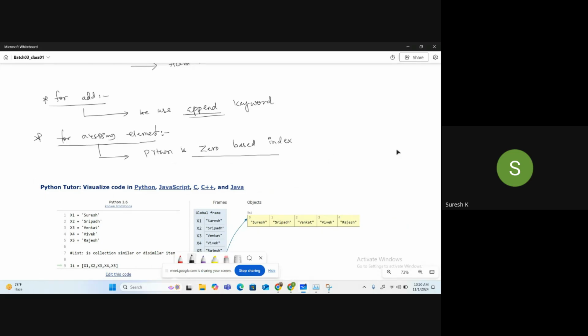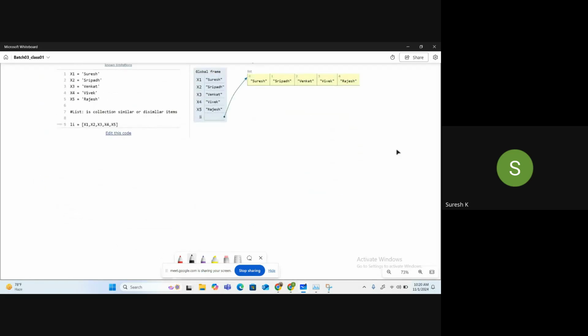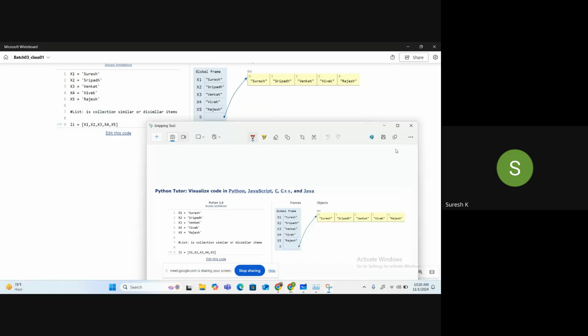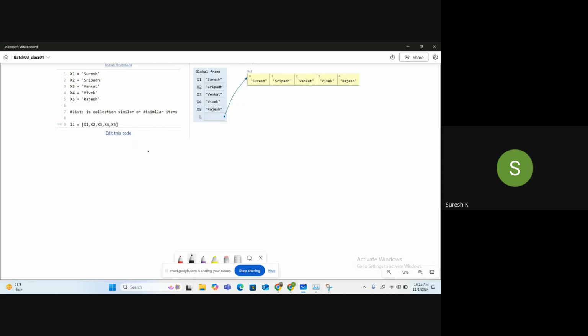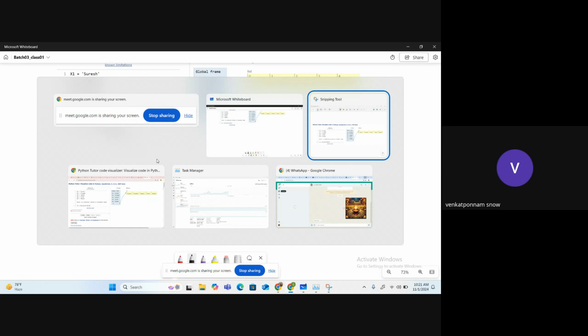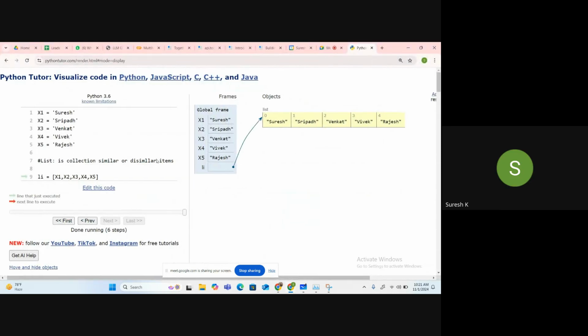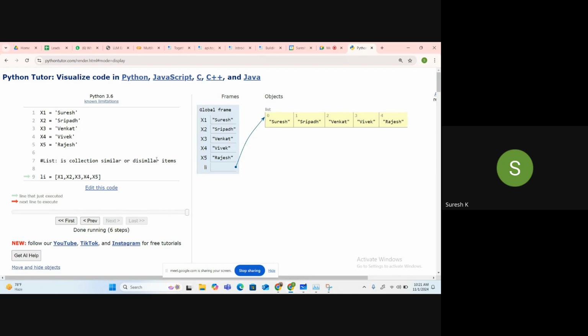Okay. Here, what is the index number it started with? 0. The 0th index.